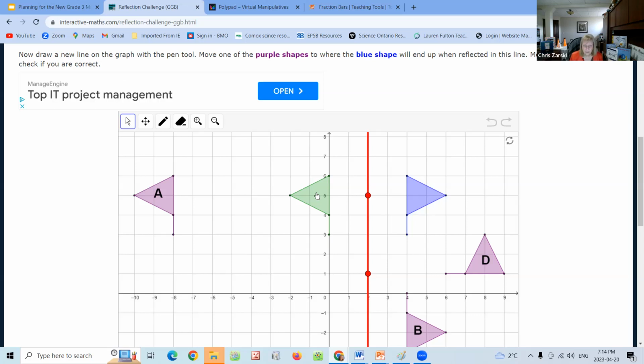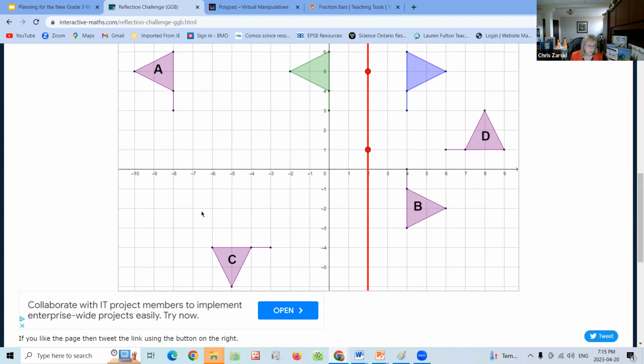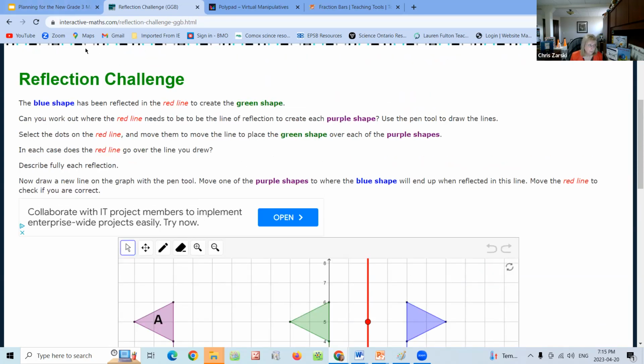And again, you could review with the students. Remember when we did this, what did we have to check for? Well, here's the mirror. It's 1, 2 to this vertex. It's 1, 2 to this vertex. So to be a mirror image, I have to have the same distance on the other side. I could find this point by just counting again, 1, 2, 3, 4, 1, 2, 3, 4. So then they can grab the pen, they can put the red line where they think the red line is going to be. And remember, they're looking for this one to go right on top of this one. How are they going to do that? Okay. There's lots of different possibilities here that they can play with. There's lots of different opportunities for reflection and rotation.